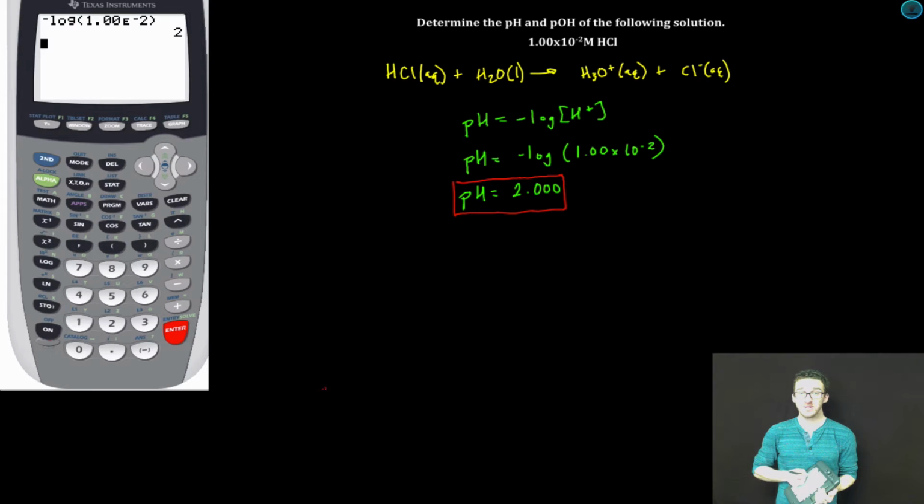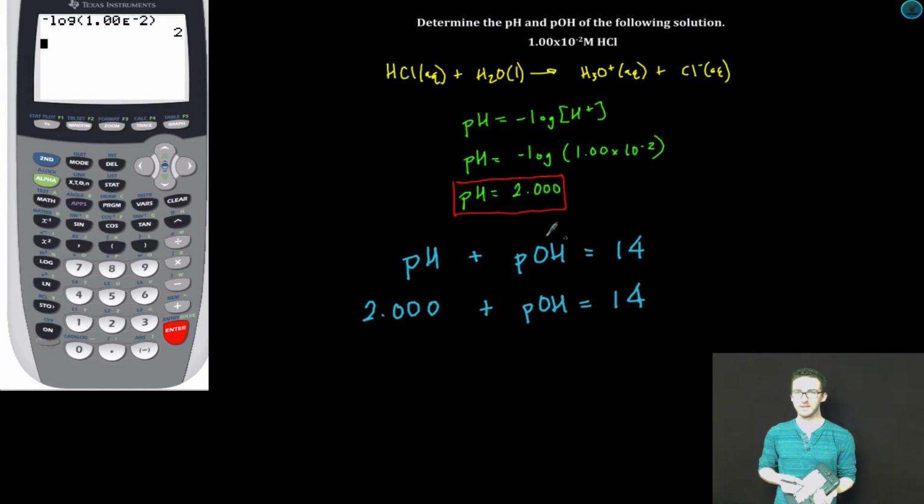All right, now let's determine pOH. Another important equation to be comfortable with, and recognize that it's on your formula chart: pH plus pOH is equal to 14. Now, this 14 is considered sort of infinitely precise, right? So 14.000000. But to determine pOH, I'm just going to plug in my pH, boom, and then to solve for pOH, all I have to do is subtract 2.00 from each side. So pOH, don't even need a calculator,